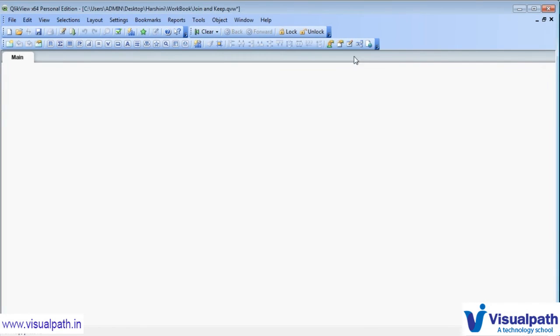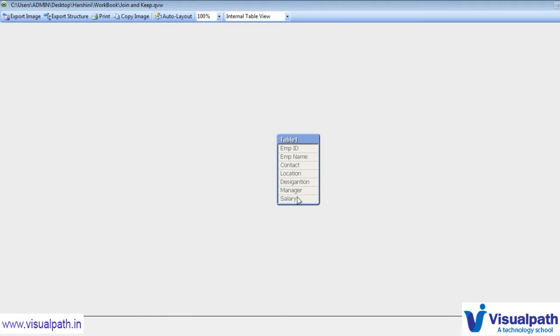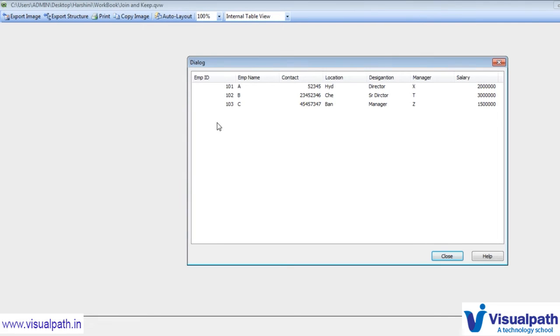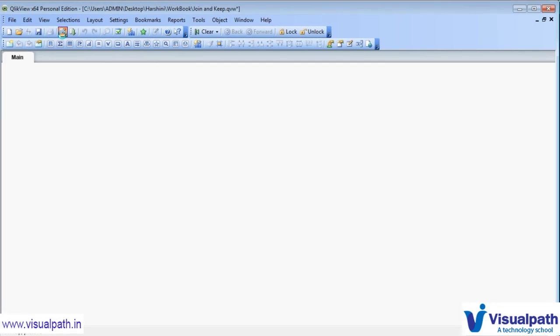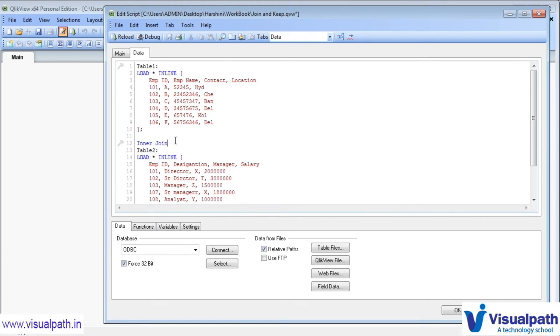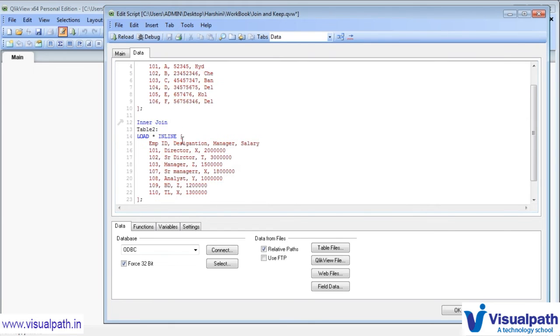Now let's click on OK and go to the table viewer. All the field names are coming properly, but if I go to the preview, I'll see only a few employees' data, the common employees between the two different tables. Here also employee IDs 101, 102, 103, and all the details from table 1 and table 2 have been noted in the data. So the inner join keeps only the common items between these two tables in our database. The other items have been removed automatically.